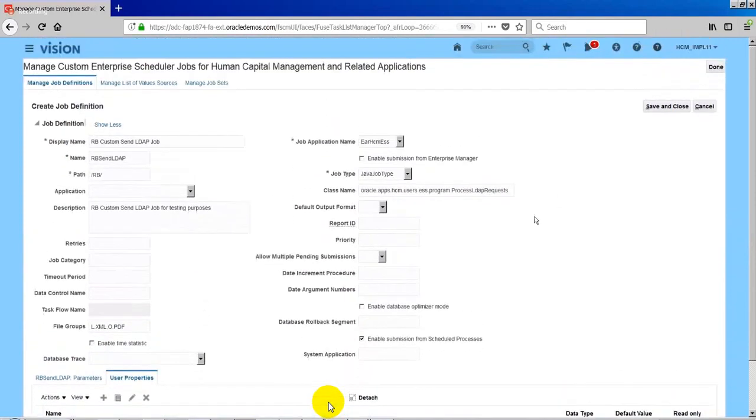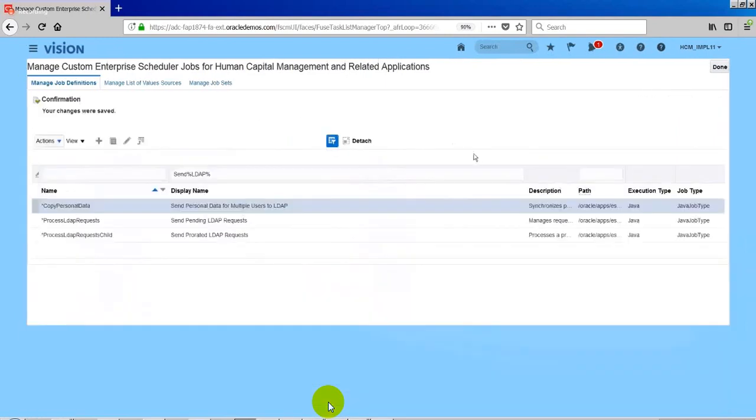Okay, I'm going to save and close this one, RB custom. I got the program registered here. The next step for me is to run this program.